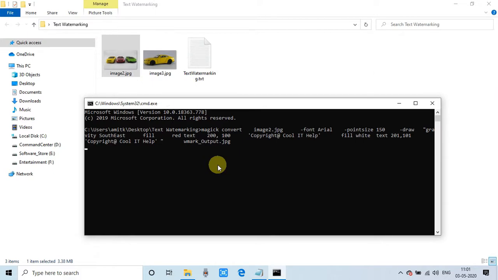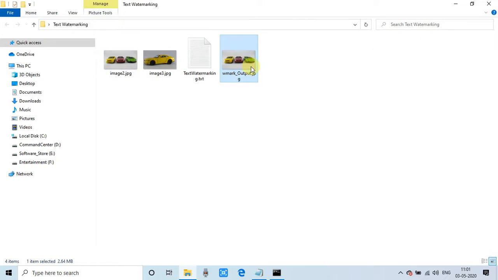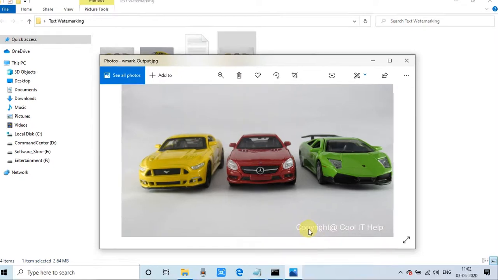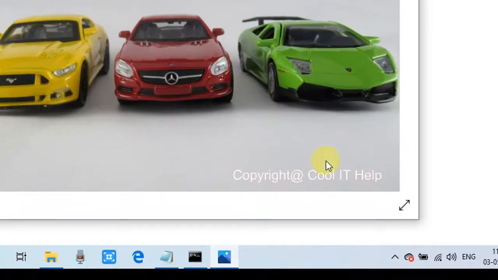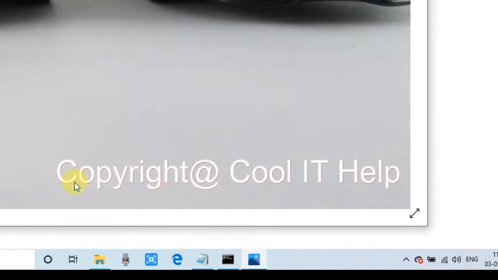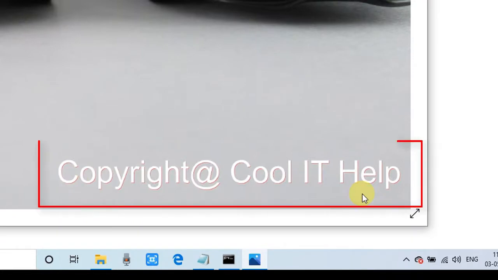Within a second your output file will be produced. Now I will open this image. Now you guys can see there is some red effect on the border because we have used two kinds of color, one red and one white, so it is showing a little bit of a 3D effect in the text